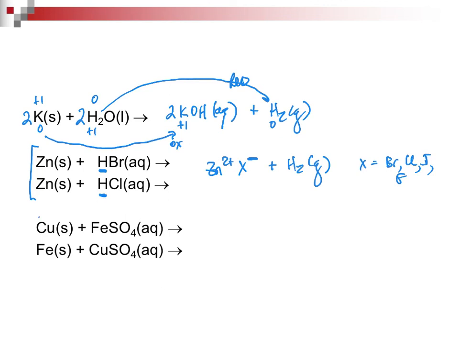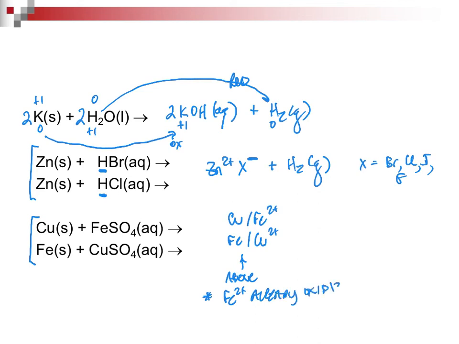Now, my last example to point out, notice it is couples. Copper with iron 2+ and iron with copper 2+. What you would do is you would see which one is above. But let's make another note. If we look at these two materials, Fe2+, it is already oxidized. So rather than even hunting around, you can say this one has absolutely no reaction. Now, I did not plan well, but I'll write it down here. What we would make is FeSO4 aqueous, and we would produce copper solid.